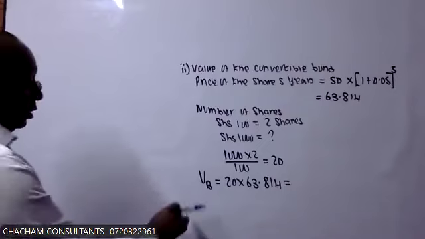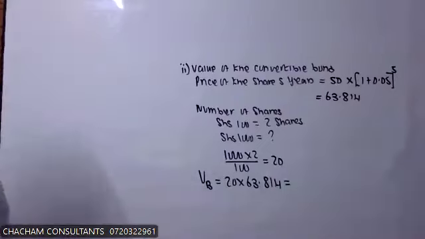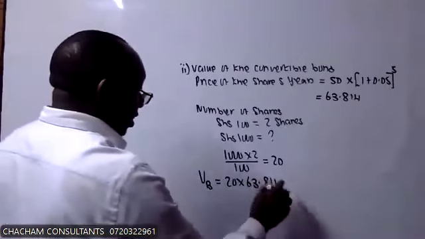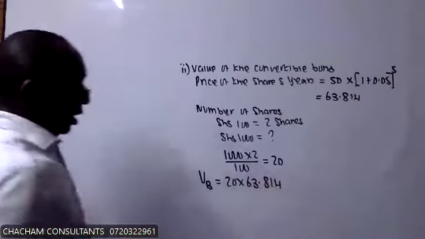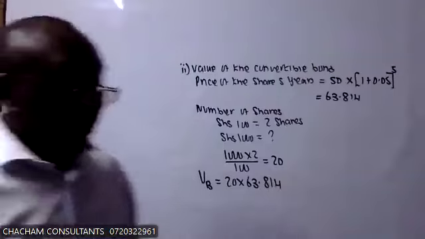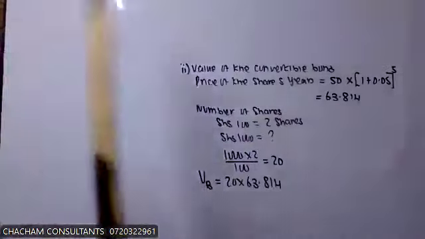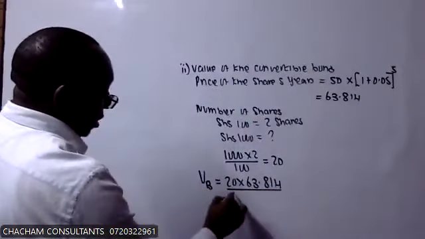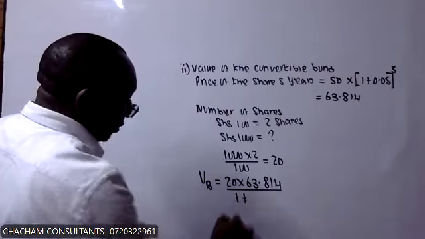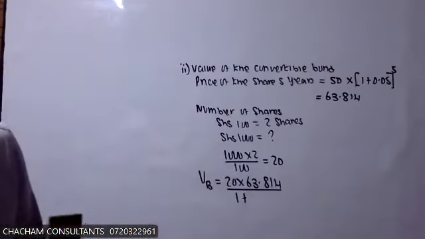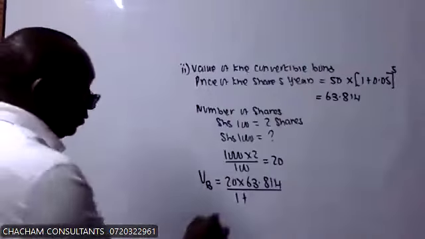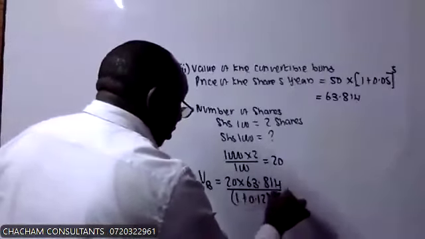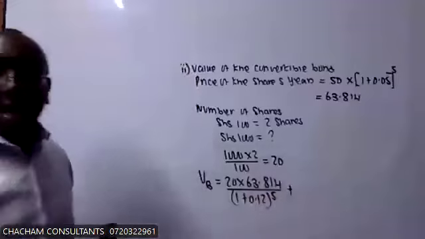Oh, sorry, this is not the, that's the redeemable value. That's the redeemable value. So we'll see, this one, you divide by 1 plus the cost of capital is plus